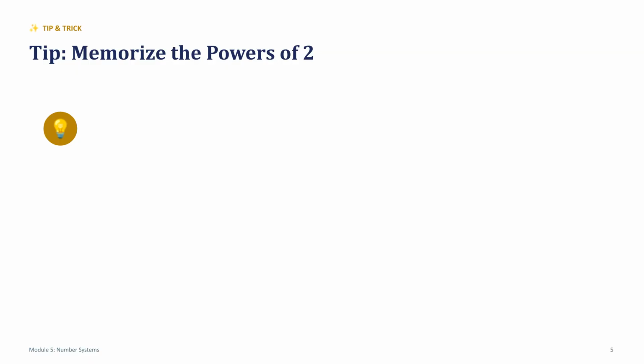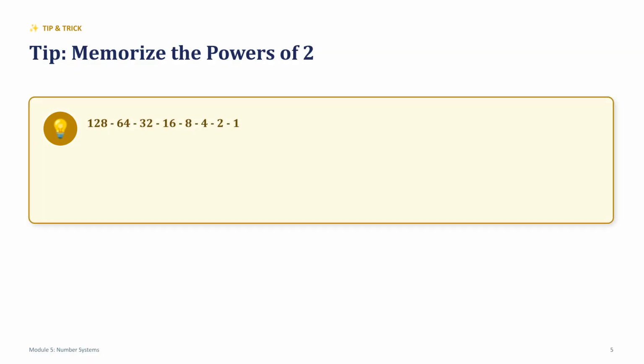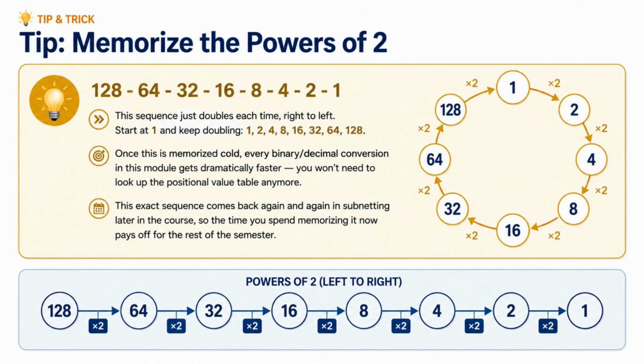This is the single most important thing to memorize in this module. 128, 64, 32, 16, 8, 4, 2, 1, doubling each step. Have students say it out loud, then write it from memory a few times right now. Every conversion in this module, and subnetting later in the course, runs through this sequence, so time spent now pays